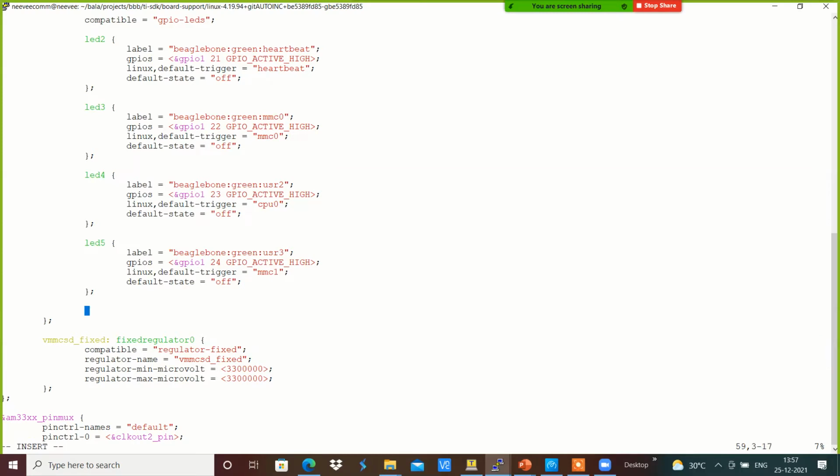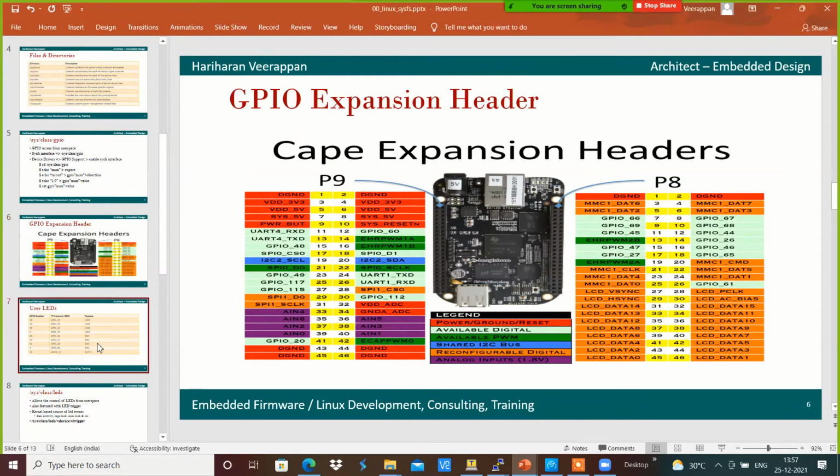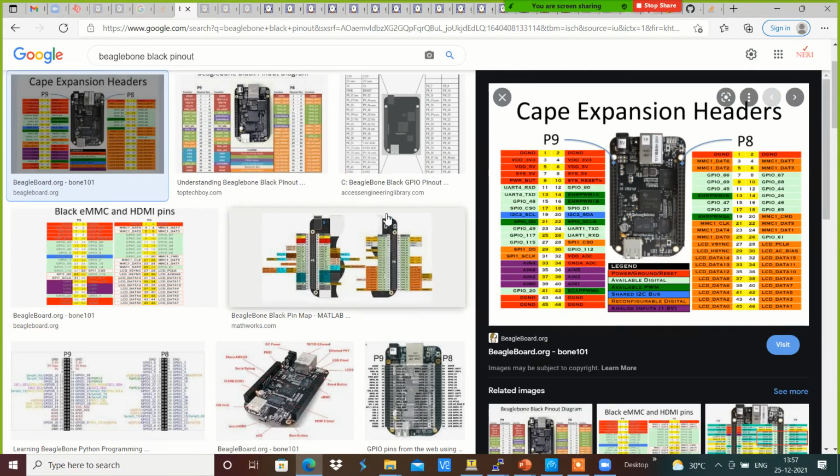In our system we have other LEDs connected: GPIO 44 has been connected with LED 4, GPIO 45 with LED 3, and GPIO 46 with LED 2. I'm going to add this information into it.